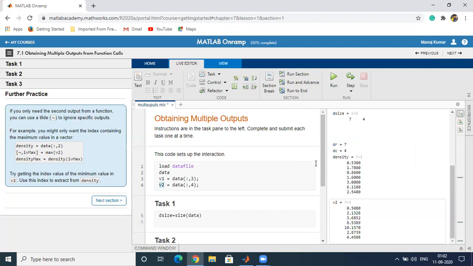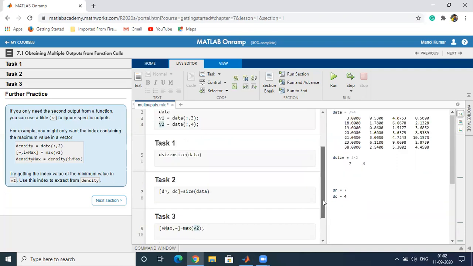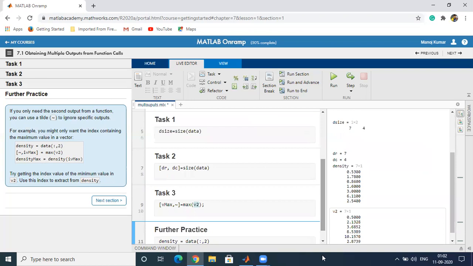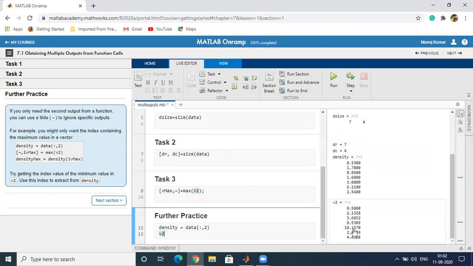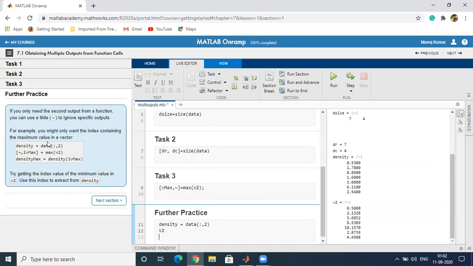Now if you want to calculate the index at which it contains the maximum value, the maximum value is 10, which is at the fifth position. Now let's calculate the index of the maximum value. So paste here. Now we just want to calculate the index of the maximum value.